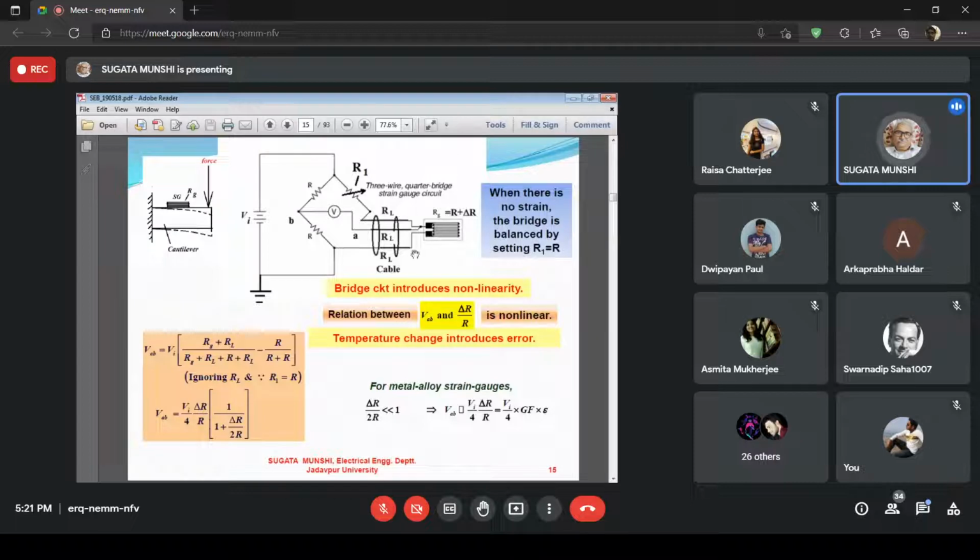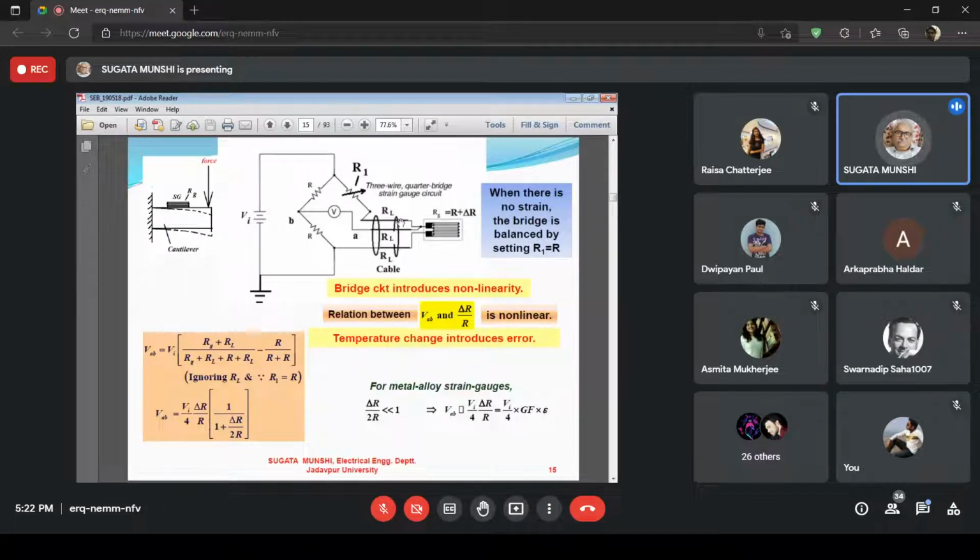Therefore, we make use of what is known as the Siemens 3-lead arrangement. One of the cores goes to this voltmeter because it lies in series with the voltmeter. Ultimately, it doesn't have any effect on the bridge performance. Another lead is in series with this resistance R1. The third one is in series with RG. So that constitutes the fourth arm.